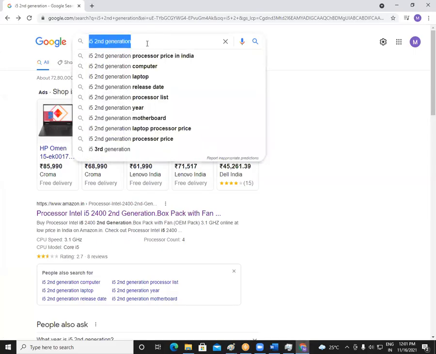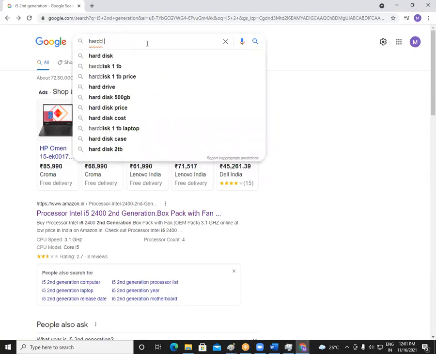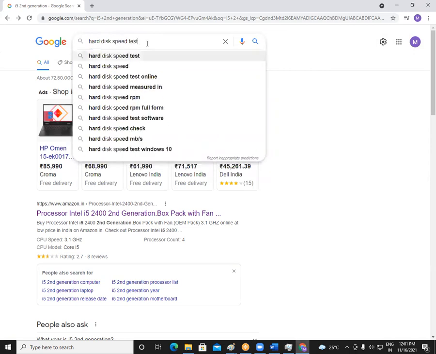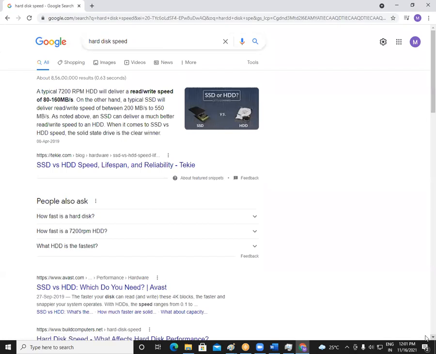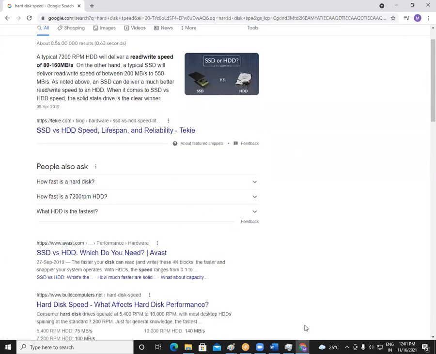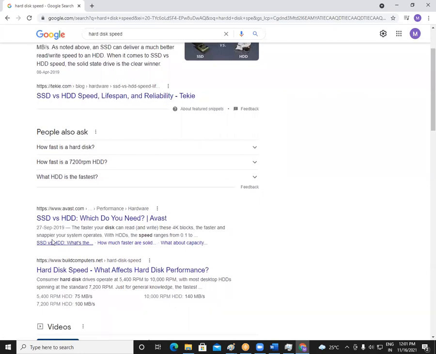So it can be like 5400 RPM, or it can be like 7200 RPM. So which one is better? The 7200 RPM is better. Again, there is something called SSD hard disk and the other hard disk.